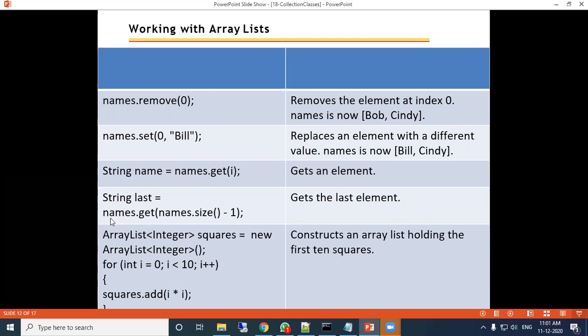So names.size() is 3, minus 1 is 2. From the index position 2 it will extract the data and store it. So the get method is used to get from a particular index position. Here the size method returns the size of the array list minus 1, that is the last index position of the array list. From that it gets the data and stores it in last.